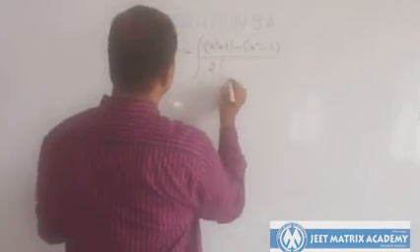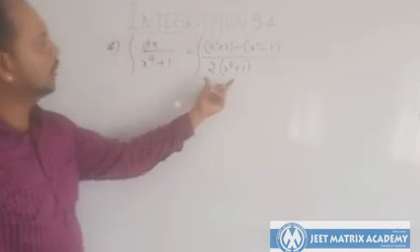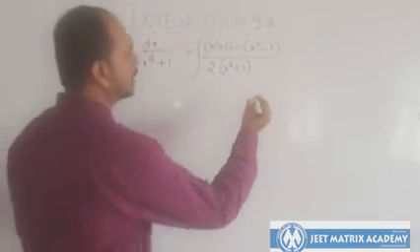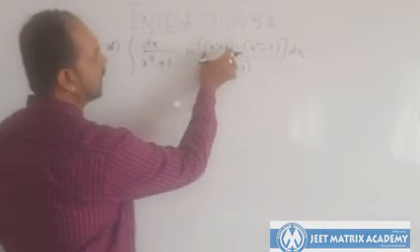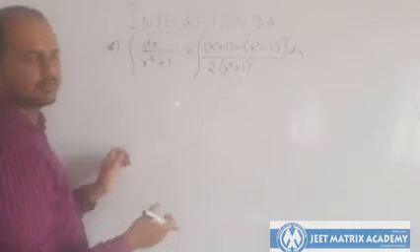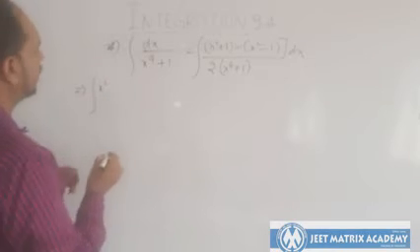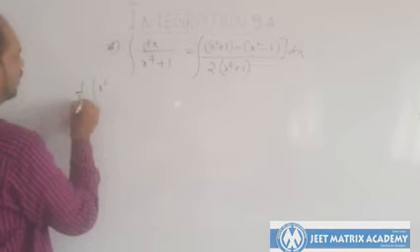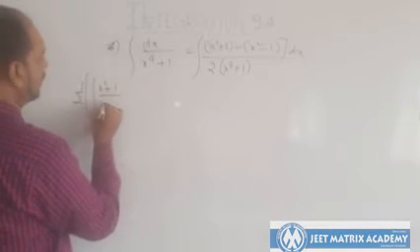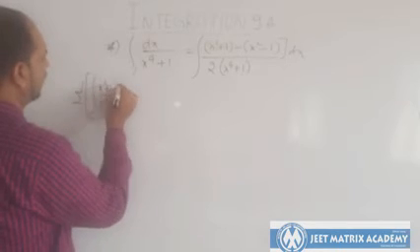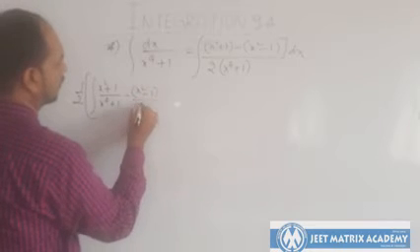Divide by 2 into x to the power 4 plus 1. Hope you understood. So I change the numerator as per my requirement. Now you see it looks like a minus b by c. A by c minus b by c I can write. So that means x square, I'll take 1 by 2 outside, constant, plus 1 divided by x to the power 4 plus 1, minus x square minus 1 divided by x to the power 4 plus 1.